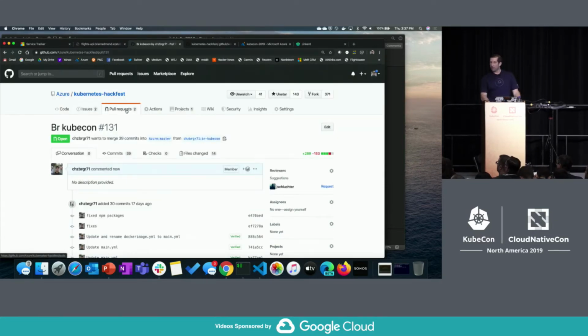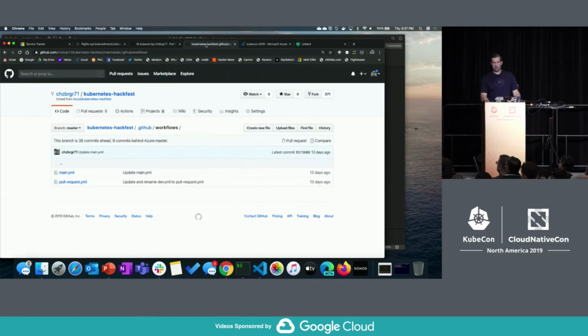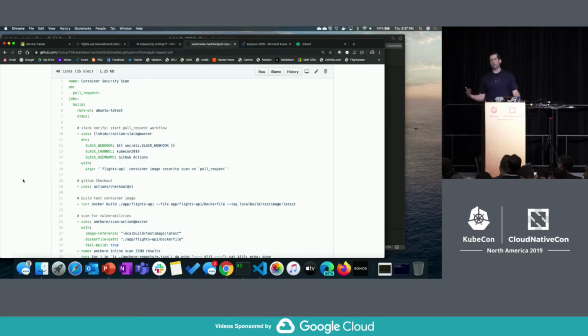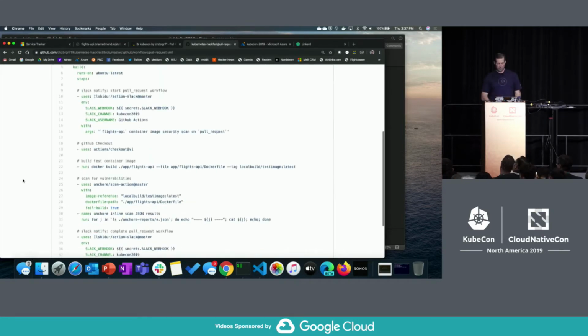I do already have a pull request sitting here, and that's just for the purposes of speeding up the demo. But the pull request workflow, in my case, isn't the test-in-production Canary part of the test. This is just, I'm going to take this pull request and perform some kind of acceptance testing against it. In my case, I'm actually just going to do a container image security scan on it. I would imagine there's a lot of other things that you would do here, but I end up just going